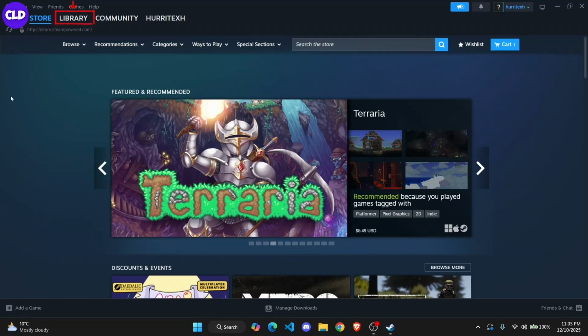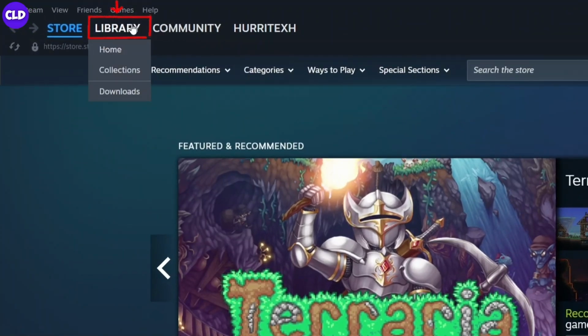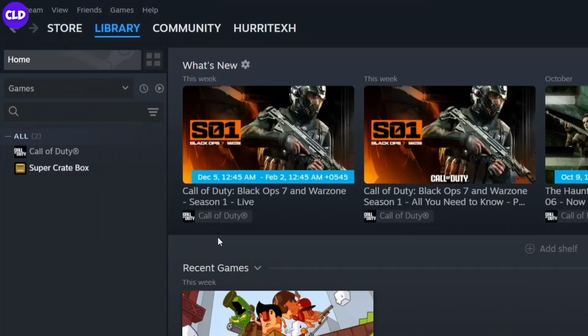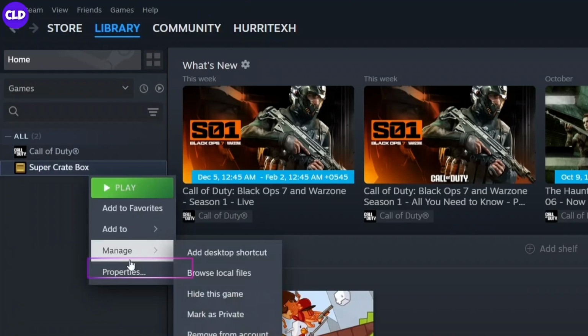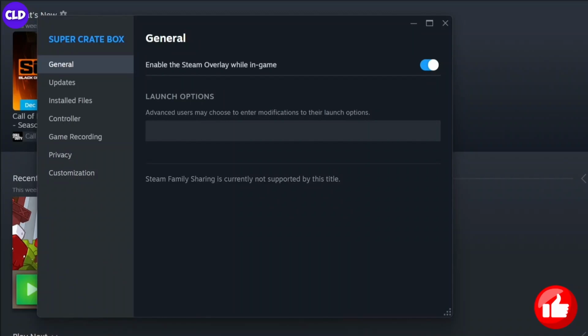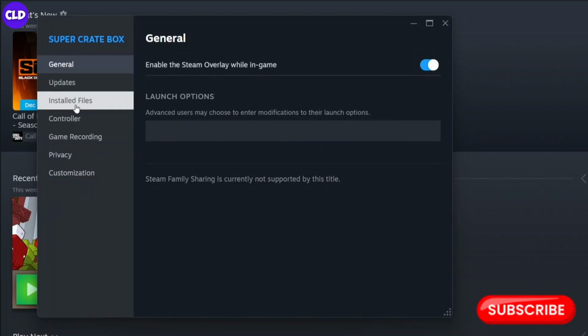First thing you need to do is go to the library section at the top. From there, you can easily find your games in the library. Right click on the game that you're facing the issue on and then go to Properties. Once you open up Properties, you can find the Installed Files tab at the left side of your screen. Click on it,